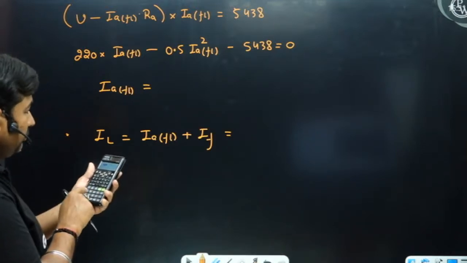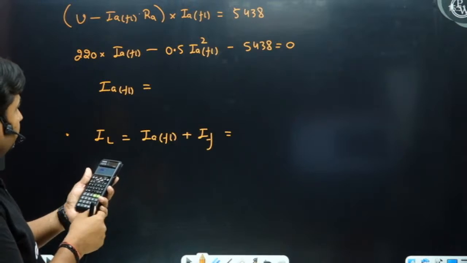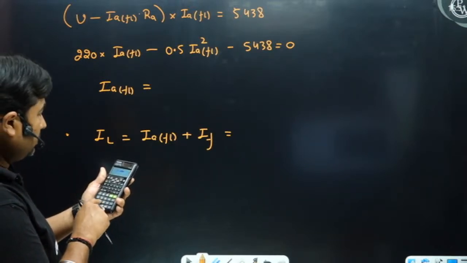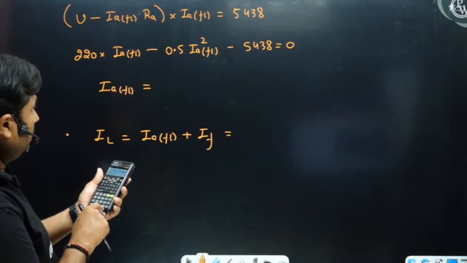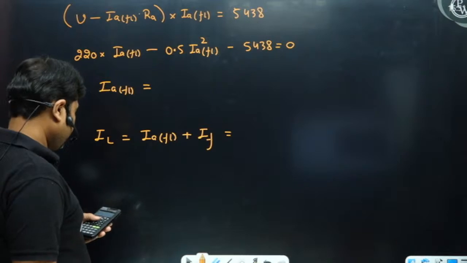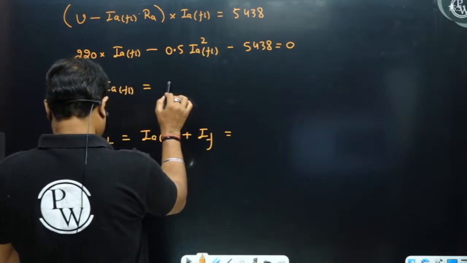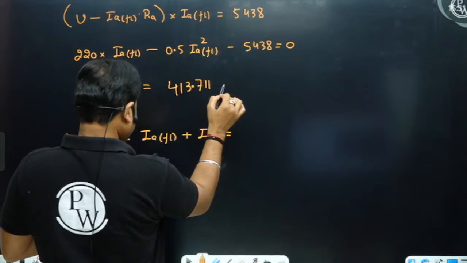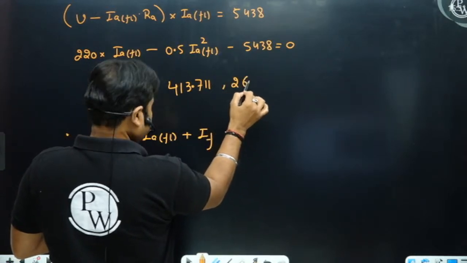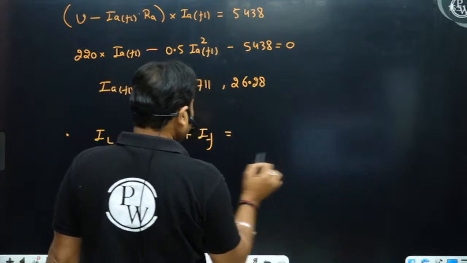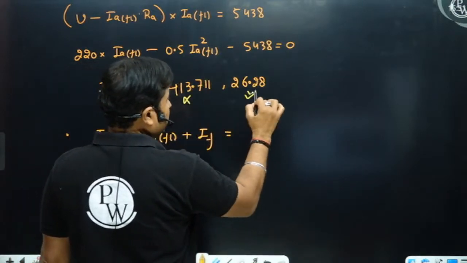So minus of 0.5, then plus of 220, minus of 438. So we get two values: 413.711, and another value is 26.28. So we discard this value and select this value